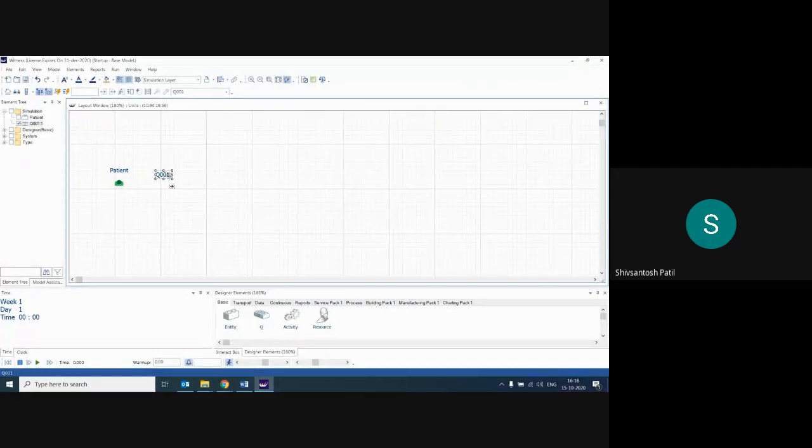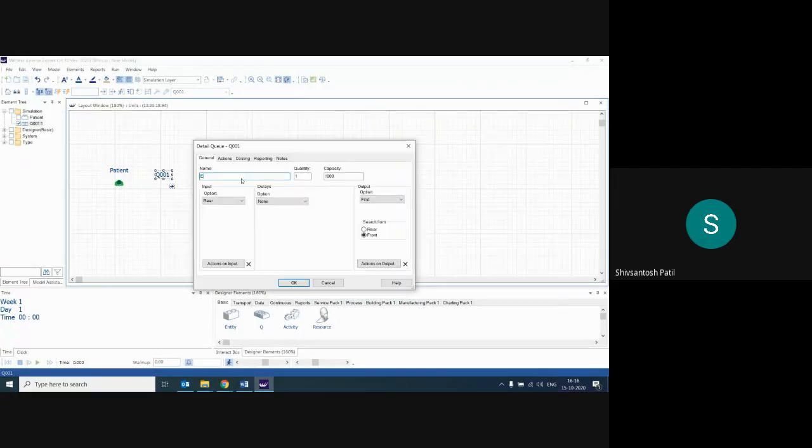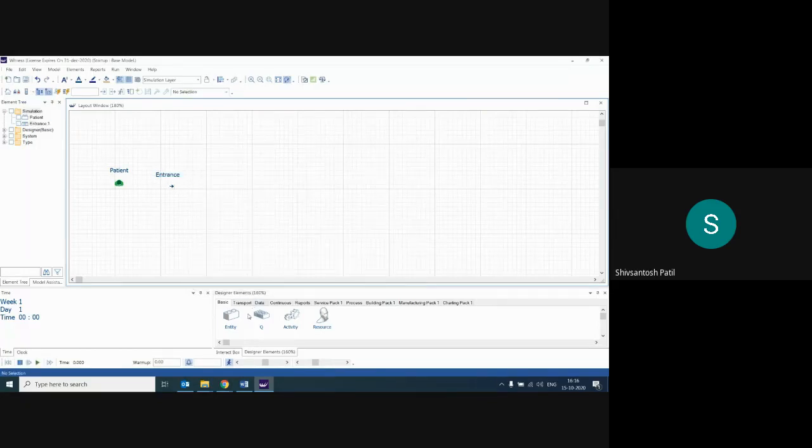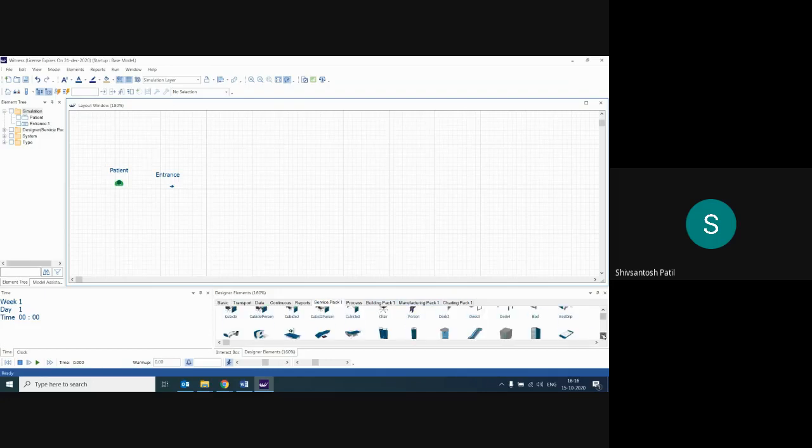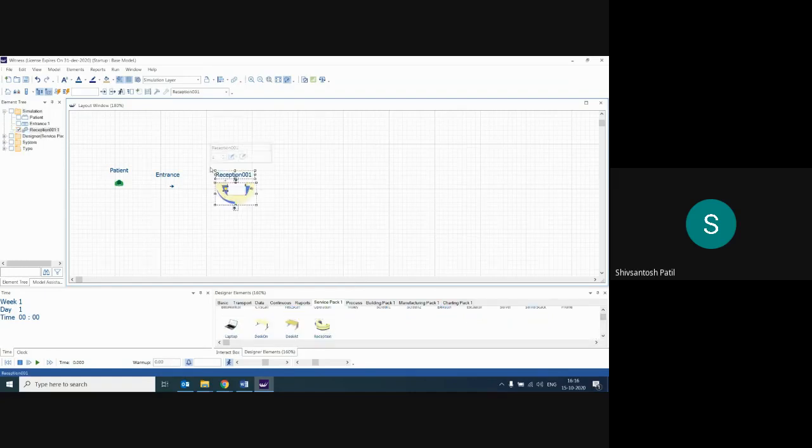Now there is a queue. Patient will stand in a queue. So just give the name as entrance. Add a queue from this bottom side. Queue added. Give the name entrance. Now from entrance, it will go to the reception desk. So go to the service pack, and there is a reception desk available at the bottom. Slowly you have to go, and here is a reception,